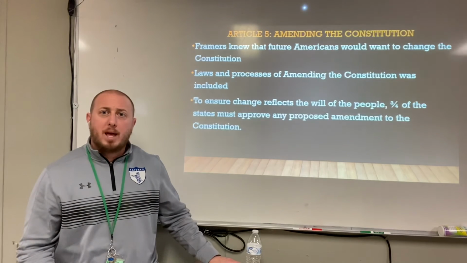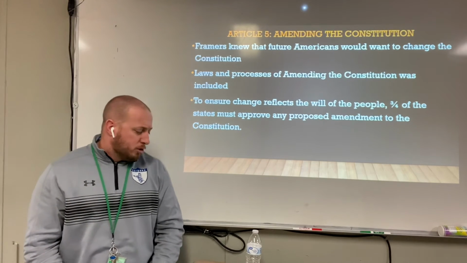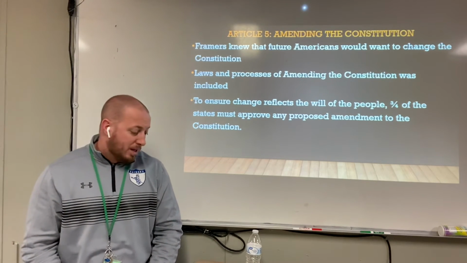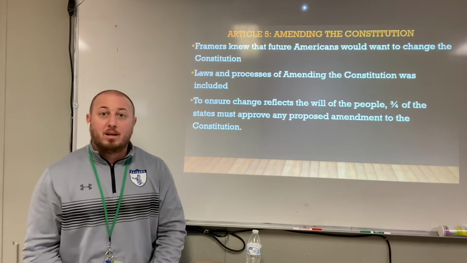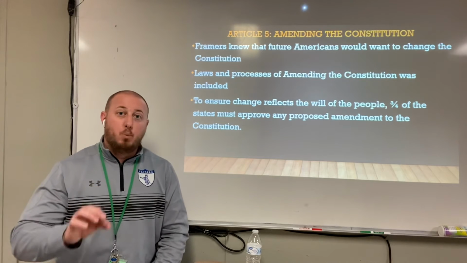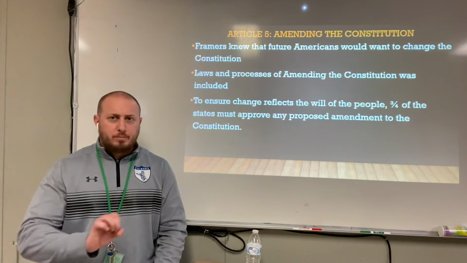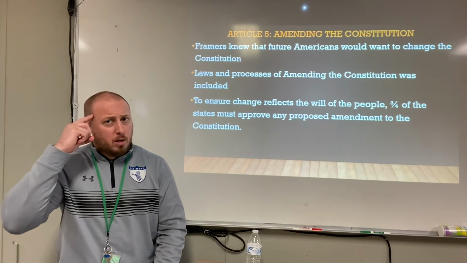Okay, flipping ahead. We are into Article 5. Article 5 of the Constitution creates the process for the Constitution amending. Okay, Article 5 lays out the procedures by which we can amend the Constitution. Okay, so in all their